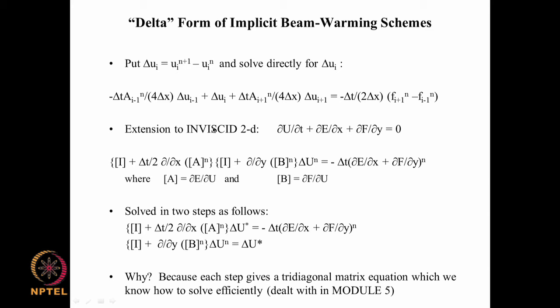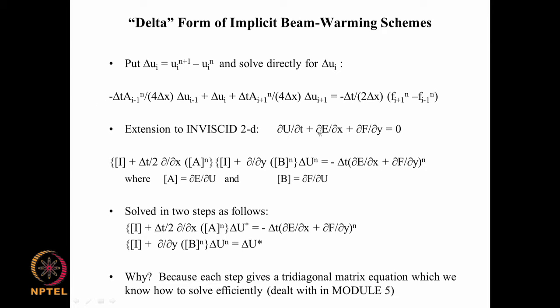Now, if we want to extend it to 2-dimensional cases, then we have a governing equation like ∂u/∂t + ∂E/∂x + ∂F/∂y = 0. It is like the previous case that we have seen for the McCormack scheme. But before we look at the full 2D viscous case, let us consider how we do it for the inviscid case, where we do not have the viscous stress terms, and so E consists of only the convective or the advective terms. So, in such a case,